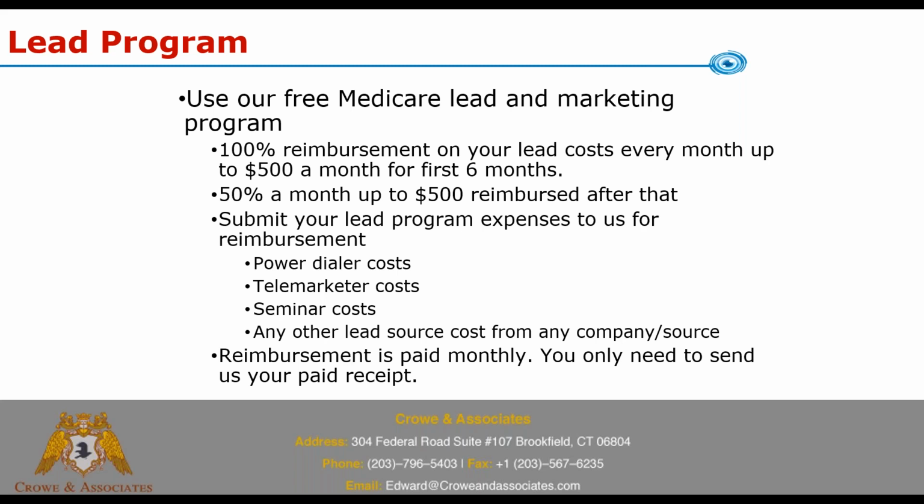One question that comes often is, because our one rule is, if you're going to use our lead program, your active Medicare carriers have to be with us. There is no reduction in comp or anything like that, but that's the one rule. And people will say, well, what if I can't move them all over at once? Is the clock rolling on my 100% for 6 months from day one? No. We don't roll the clock. We don't start your 100% for 6 months until you take your first reimbursement. So if it takes you 8 months to move all your Medicare contracts over, that's fine, because you're not going to lose your 6 months at 100%, because it doesn't start until you take your first reimbursement.